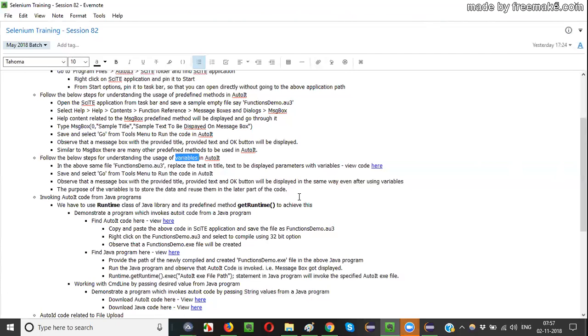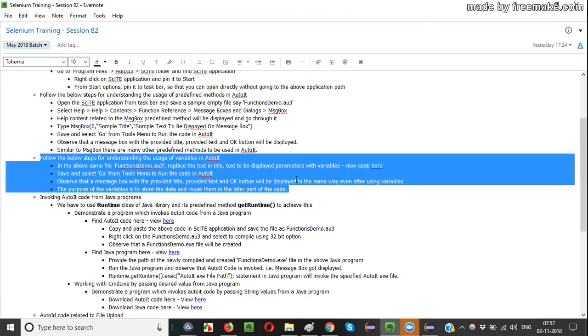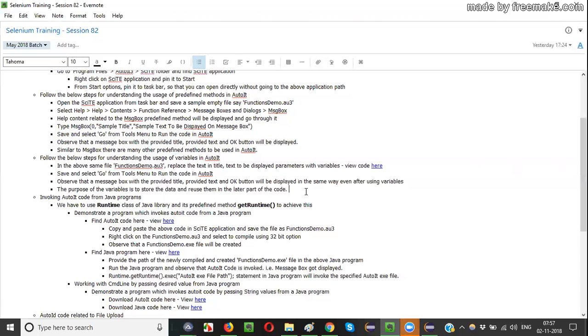What is the purpose of variables, guys? The purpose of the variables is to store some data and reuse those variables any number of times across the program so that the same data can be used across the program, right? Once the data is stored into the variables, you can use those variables any number of times till the end of the program. Variables can store the data and help us in using that particular data across the program just by using the variable name. Same as variables in other programming languages. Even AutoIT has the same functionality, but syntax is quite different.